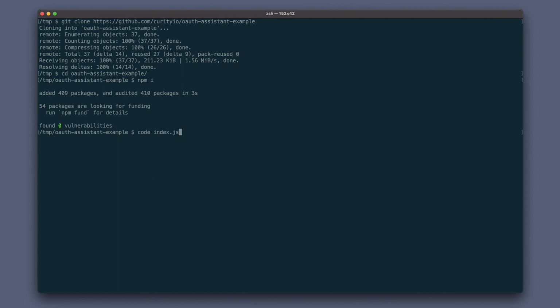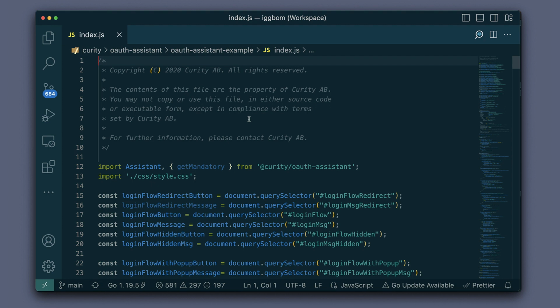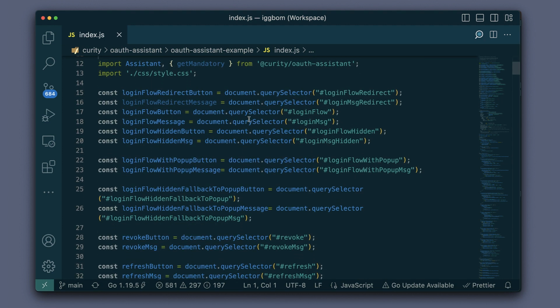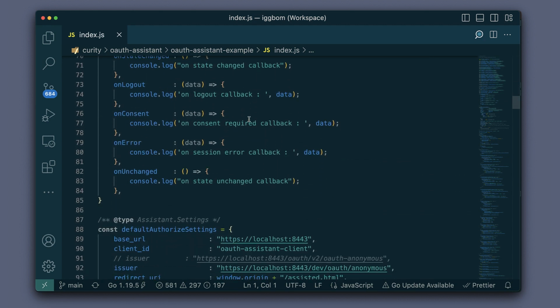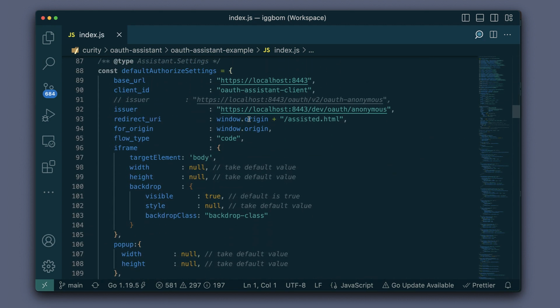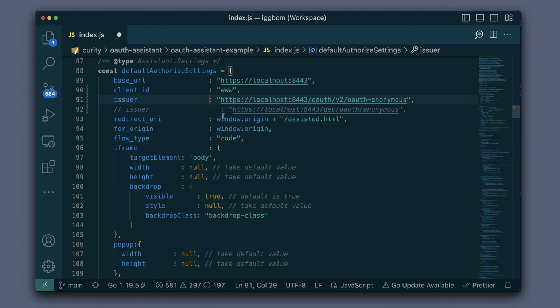Open index.js in an editor. Here we can scroll down until we find the default authorized settings. And here I'm going to change the client ID to the client we have been working with. The default issuer is actually already in here, so we can just uncomment that and then comment out the one that was active. With these changes made, we can save,